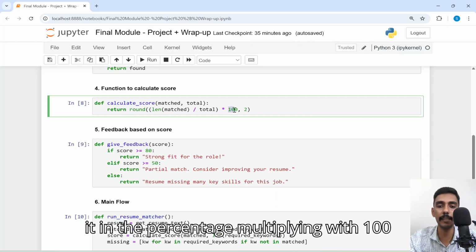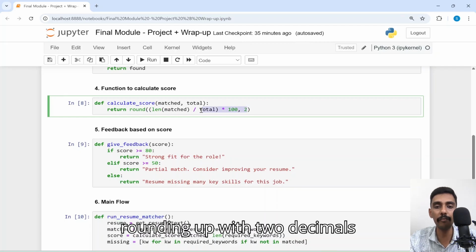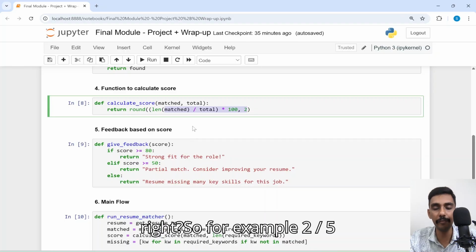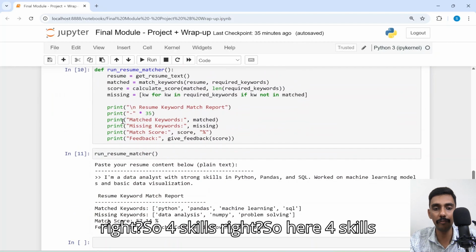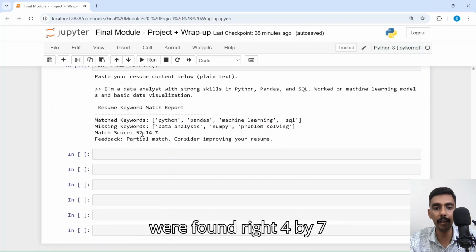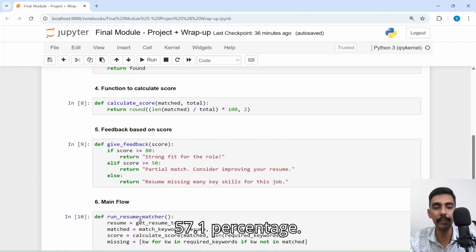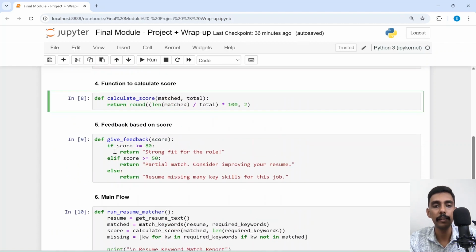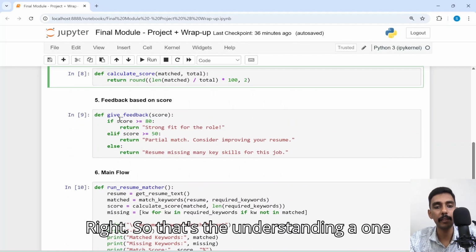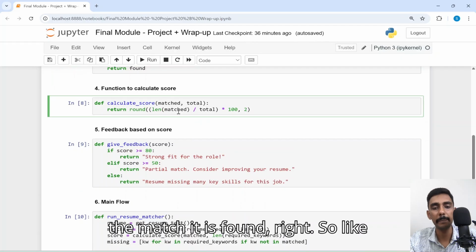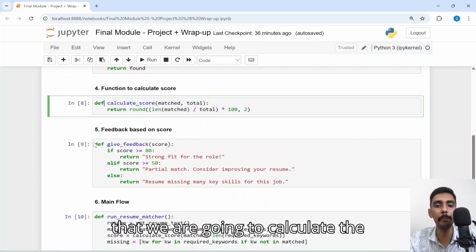I'm calculating it as a percentage, multiplying with 100 and rounding to 2 decimals. For example, 2 divided by 5, or 4 divided by 7, we have 57.14 percentage. So 4 skills were found, 4 by 7, therefore 57.14 percentage. That's the understanding. And 1 by 3, so 33.3 percentage is the match found. Like that we are going to calculate the percentage here,